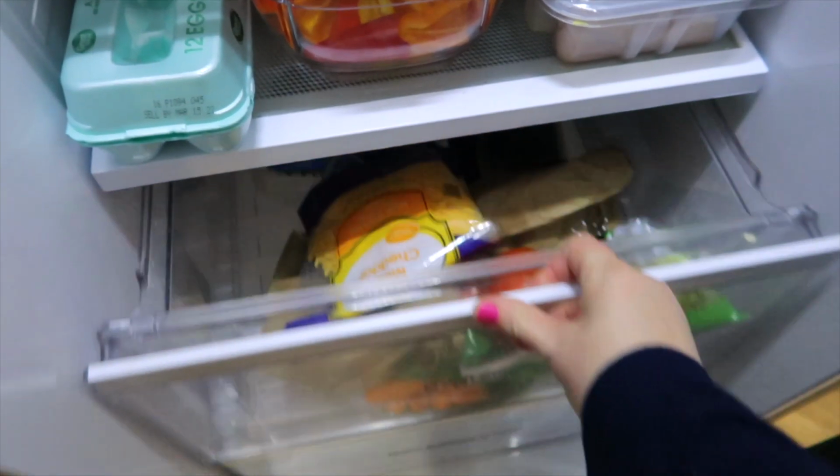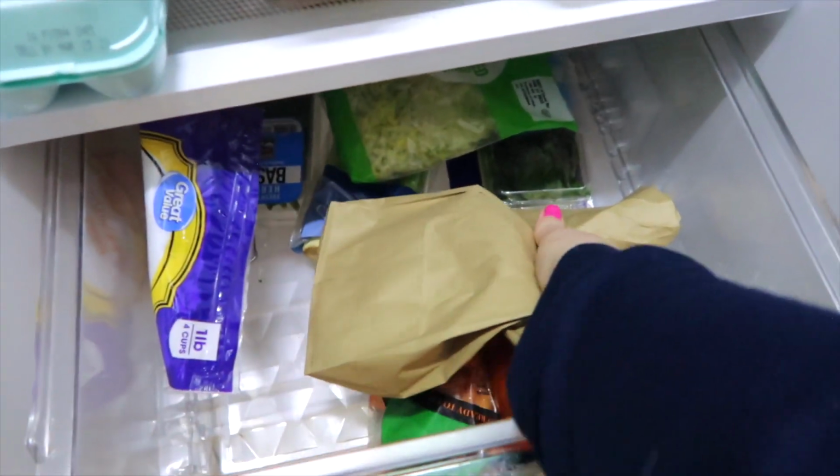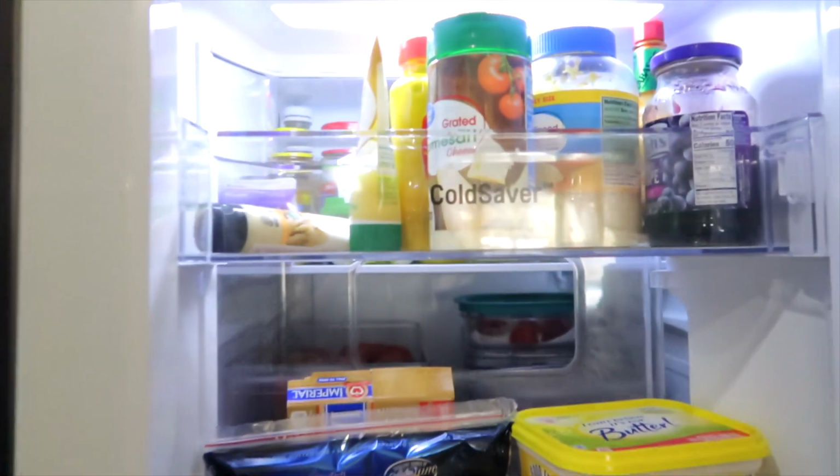It also calls for a red onion, and I just used a little bit of a red onion the other day, so in one of these 2 bags, I have some red onion. I just gotta figure out which one. Minced garlic,